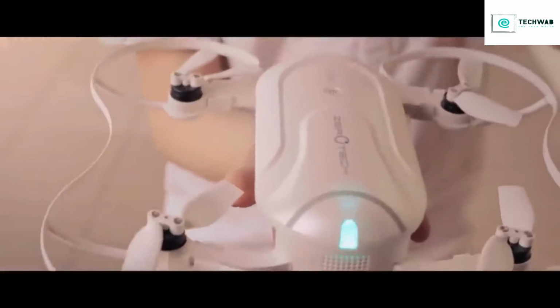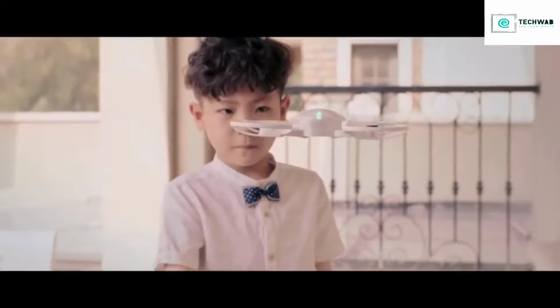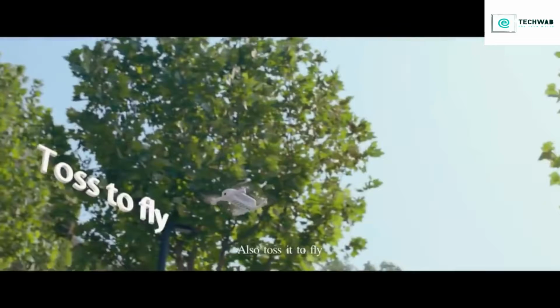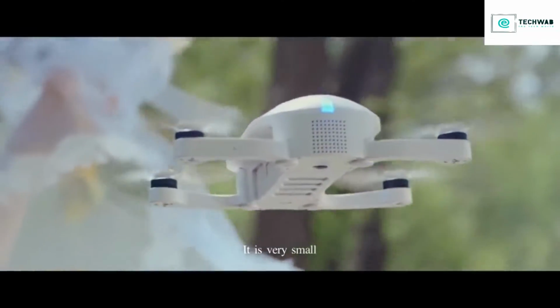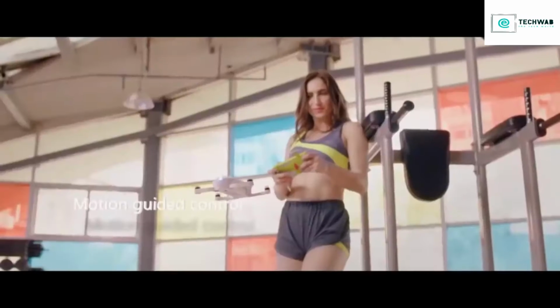Tap to take off. Wow! Also toss it to fly. It is very small, but it resists the...